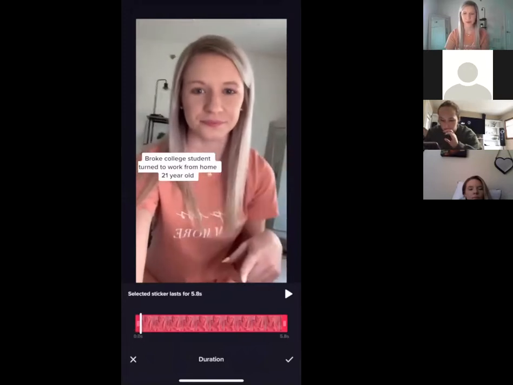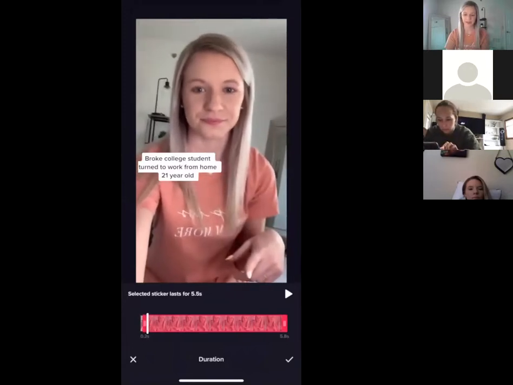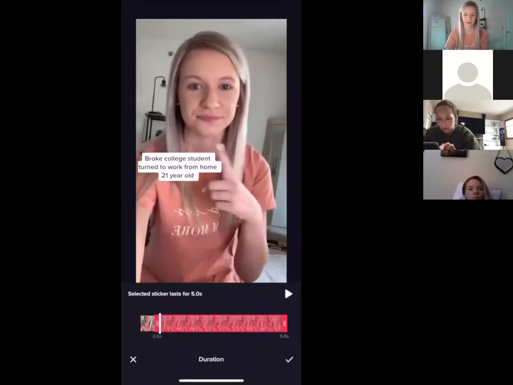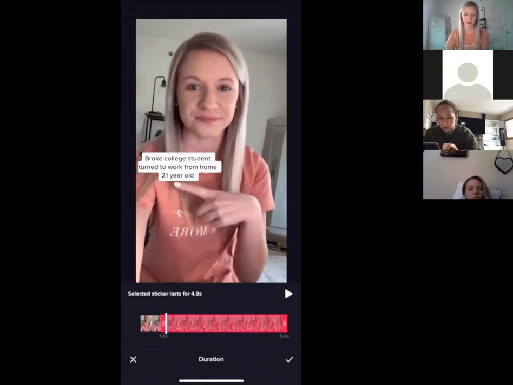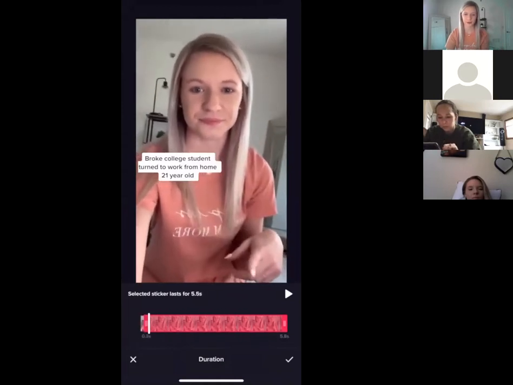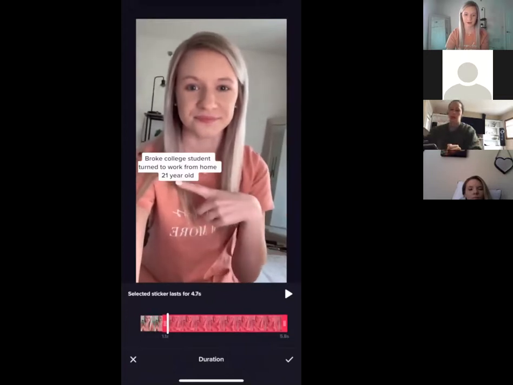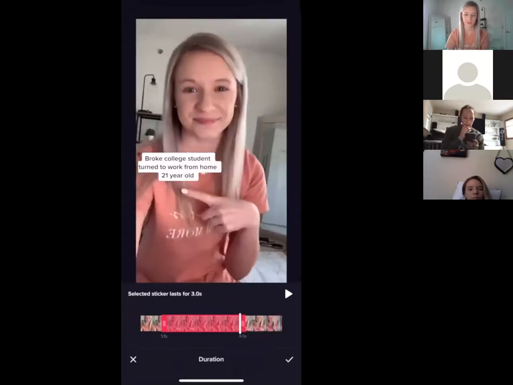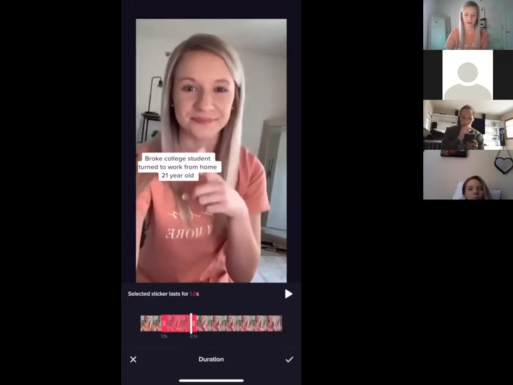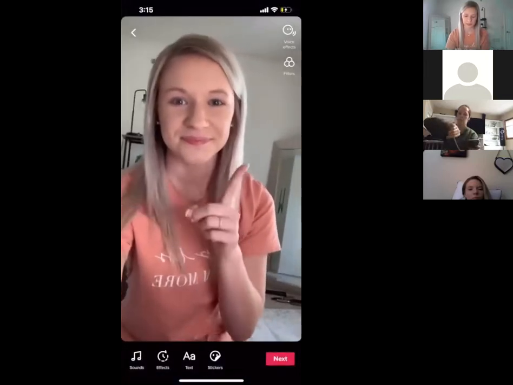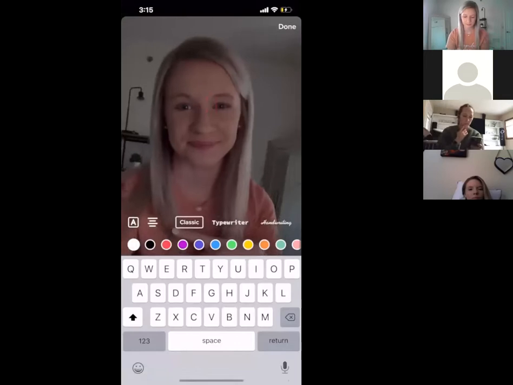And so when you point on it and stuff, you can drag this bar at the bottom, the red one, and it will show you exactly where all of your movements are. So if you want it to be there right when you click on it, I'm gonna see where my finger is pointing, and right about then is when I'm gonna put it there, and then you can decide when it goes off of your screen, so how long you want it there. So now if you look at it, it's there when I point to it. And so then you can make the next one.